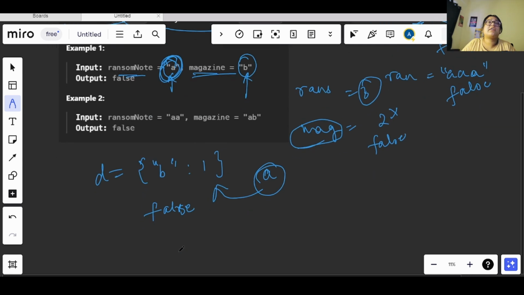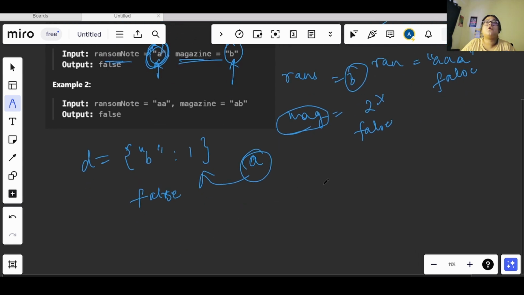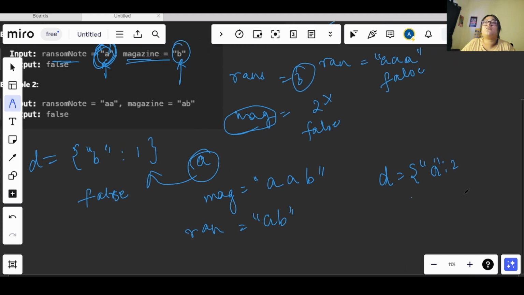Now let's take another example, okay. Let's say we have been given magazine as A A B, okay, and my ransom note is A B. Now my dictionary will be having A count as 2, right, and B count will be 1. So I will start iterating from here. I will check if this A exists in this dictionary or not.